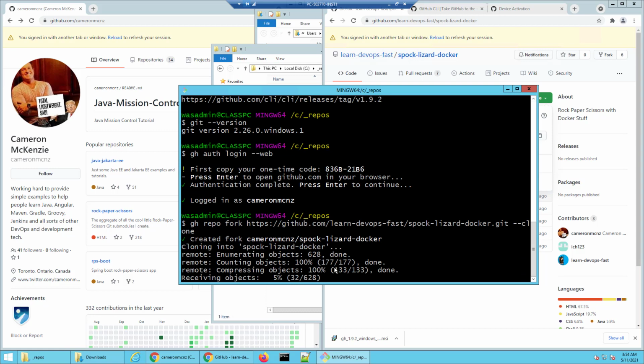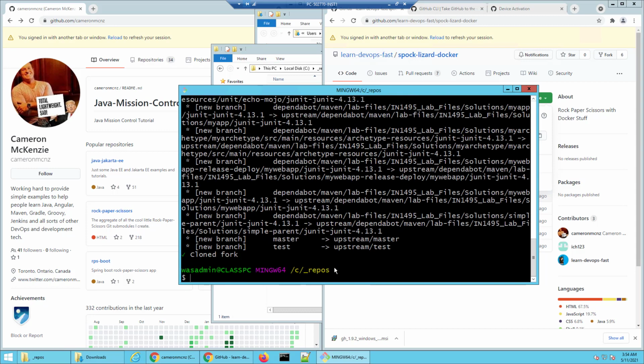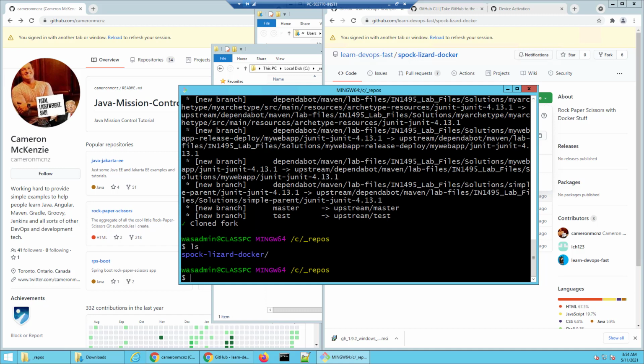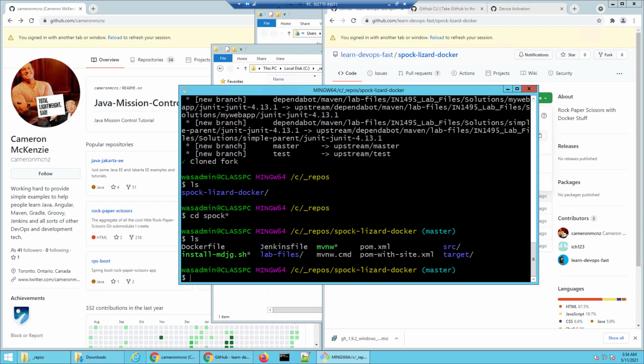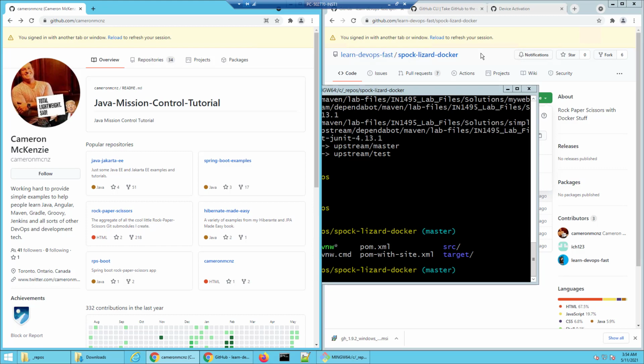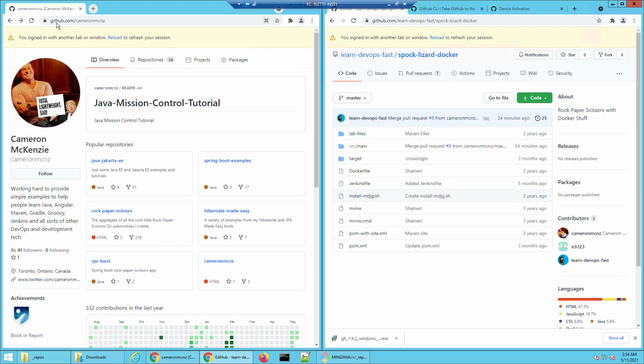Run that, and it just takes a moment. It's going to say, hey, I'm going to fork that. And after doing the fork, it's going to do the clone. So now if I do an ls command, you notice there's the Spock Lizard Docker folder, and you can see that all of the good files are in there. There's the Jenkinsfile. Looks like I got a Maven POM file in there as well, so that all looks nice and handsome. And then when I come over to the GitHub repository for Cameron MCNZ and do a little bit of a refresh,